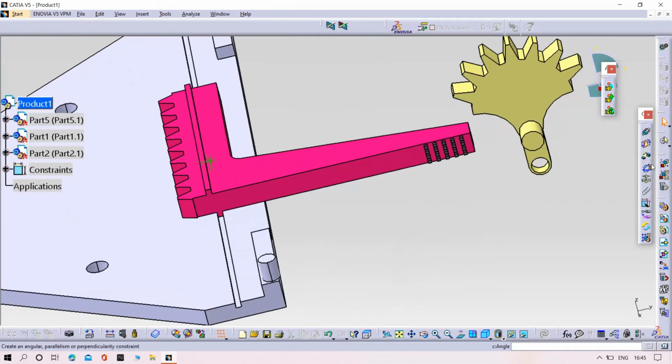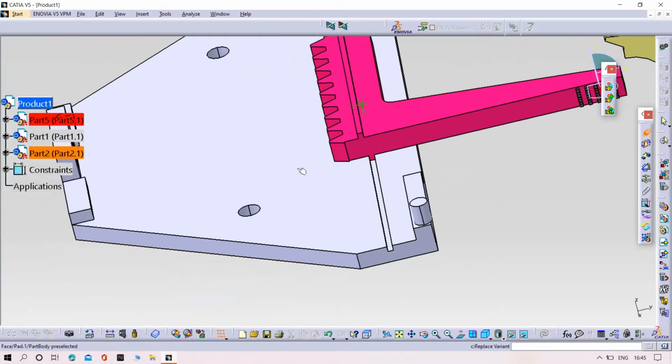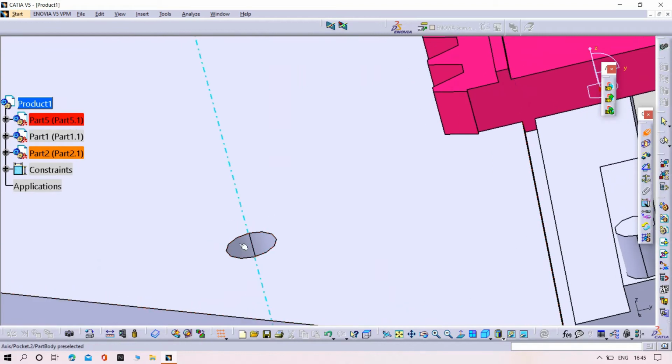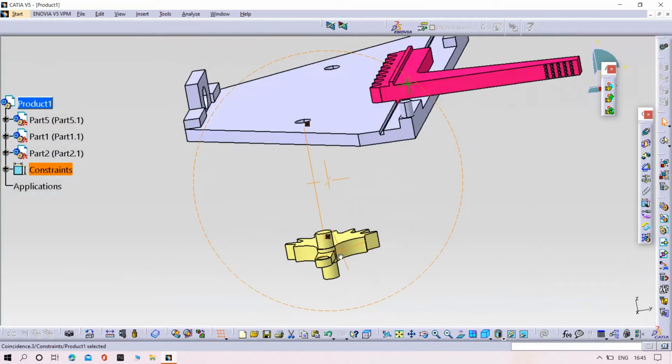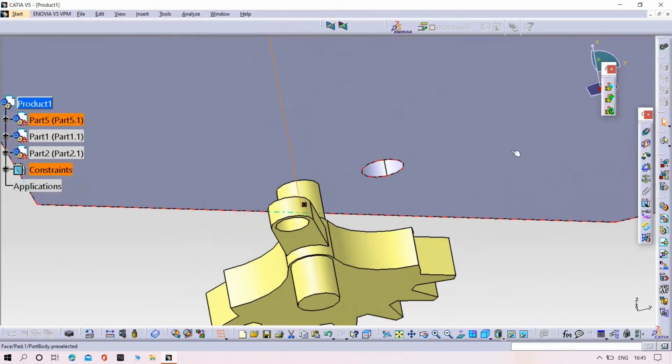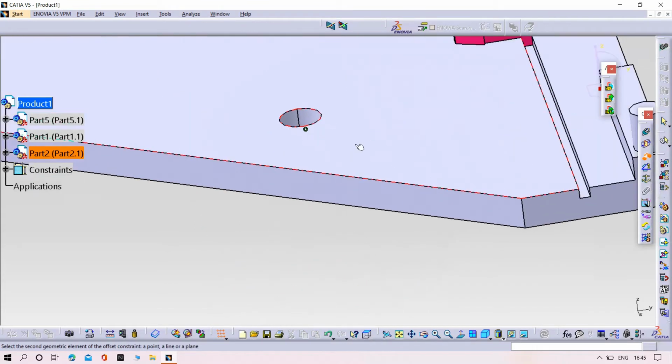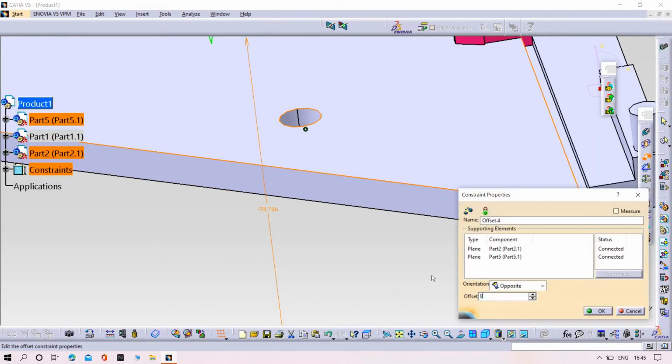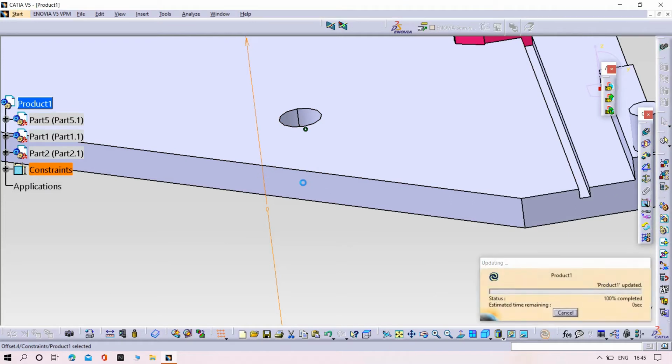and then assemble part number 2 with the base. Apply. And also try to give the surface distance. Zero. Apply.